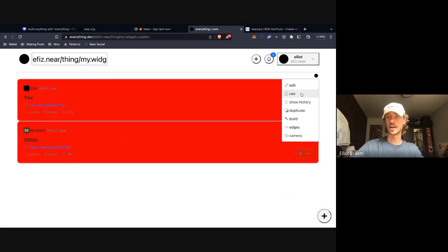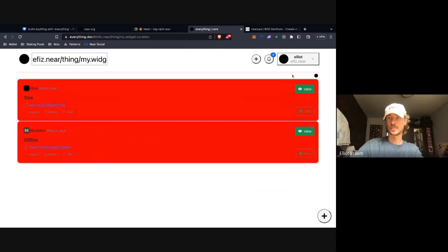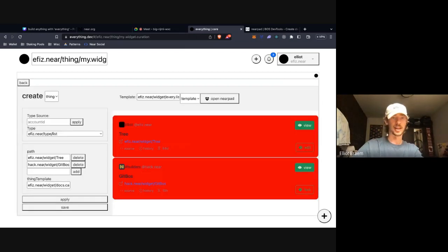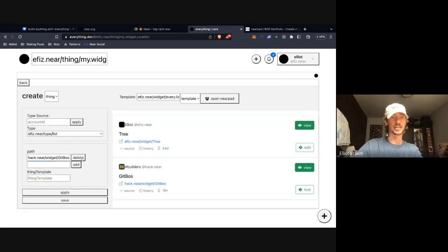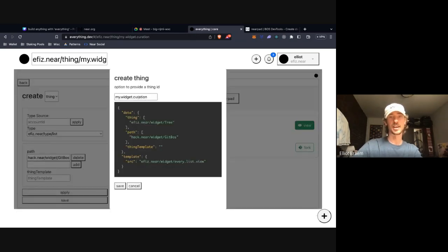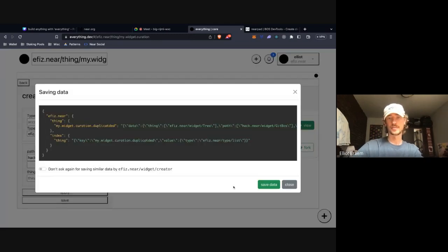Now anybody could create their own curation using the same exact thing. They could duplicate it, and they could say, you know what? I don't like the red, so I'm going to keep it like this. I don't like the tree. I just like get boss, so I'm going to duplicate it. I'm going to call it my duplicated.